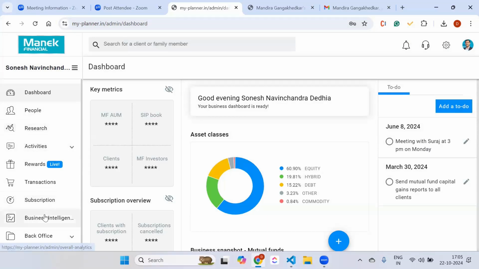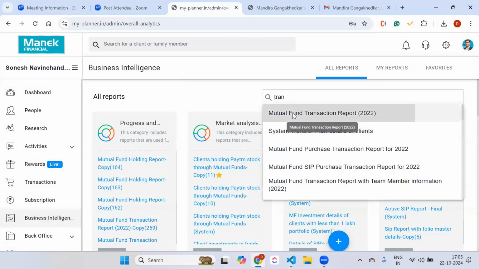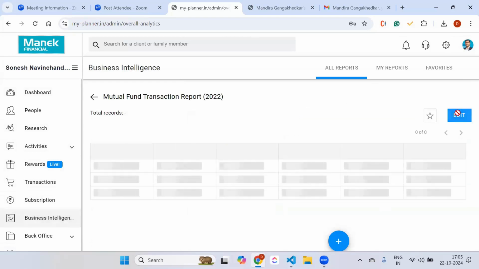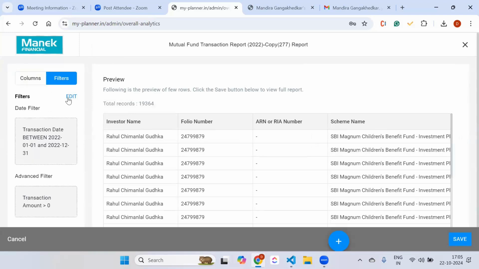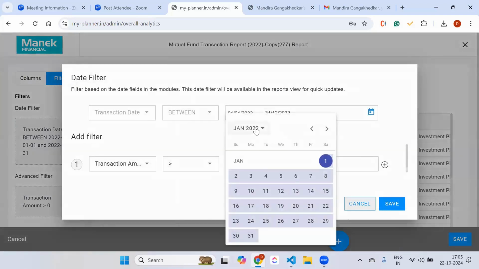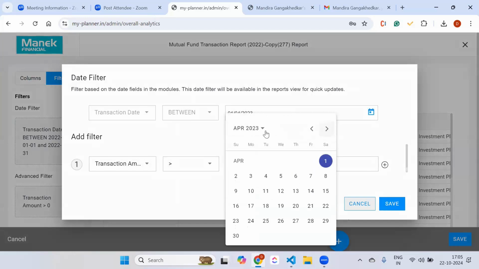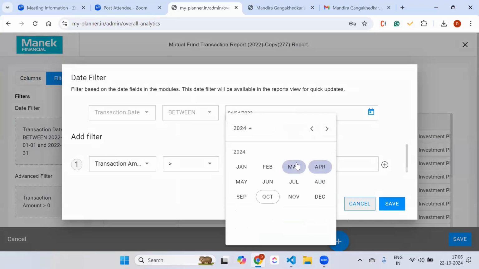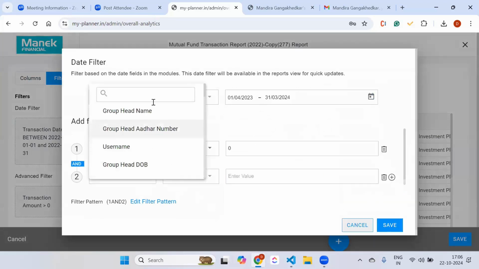तो ऑल्टरनेटिवली आप क्या कर सकते हैं, बताइए। ऑल्टरनेटिवली आप बीआई में क्या करते हैं, जैसे ट्रांजेक्शन रिपोर्ट इधर भी मिलती है आपको। सो आप एज एन एडवाइजर अगर आपको देखना है, तो मैं ट्रांजेक्शन रिपोर्ट में जाके इसमें एडिट करूंगा। यहाँ पे मैं फिल्टर कर सकता हूँ कि मैंने एक पीरियड चूज कर लिया, लेट्स से 2023 से 2024, और यहाँ पे एक सब कैटेगरी में ये डाल दिया।